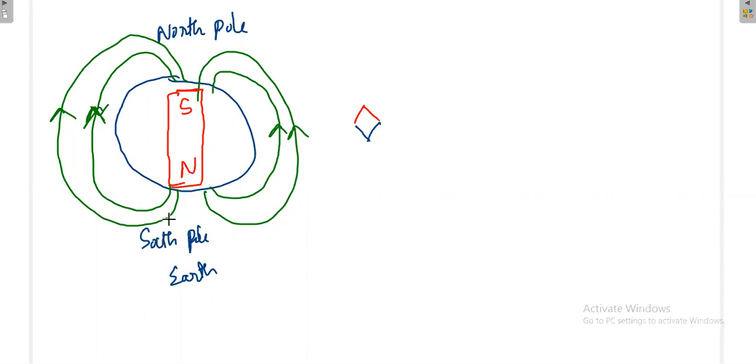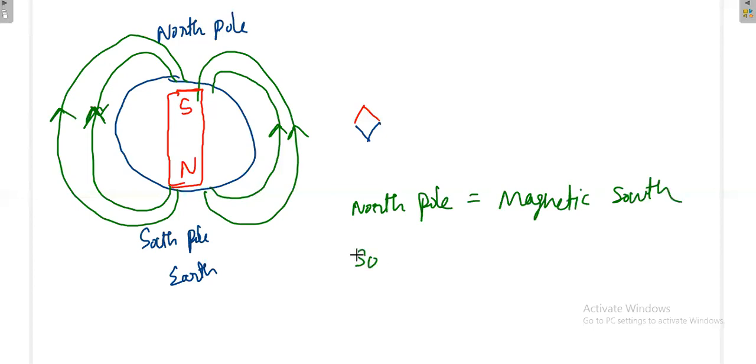This is very important. So finally, north pole is equal to magnetic south, and south pole is equal to magnetic north.